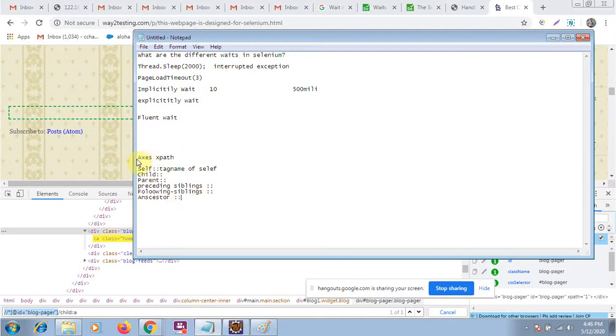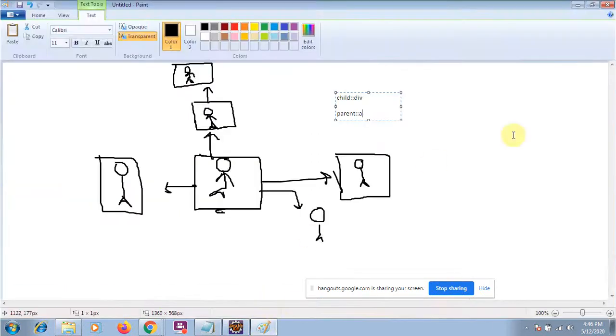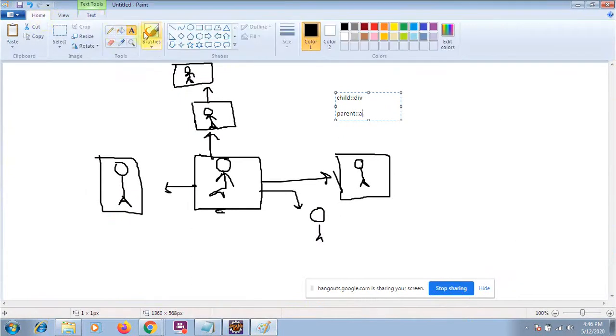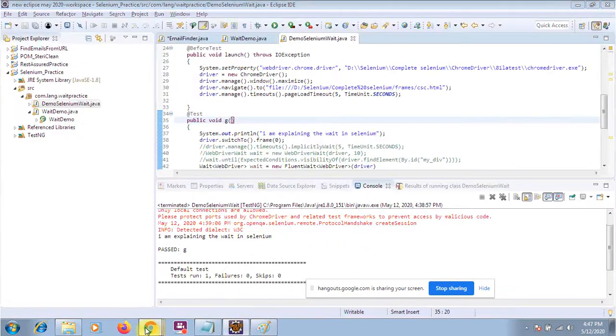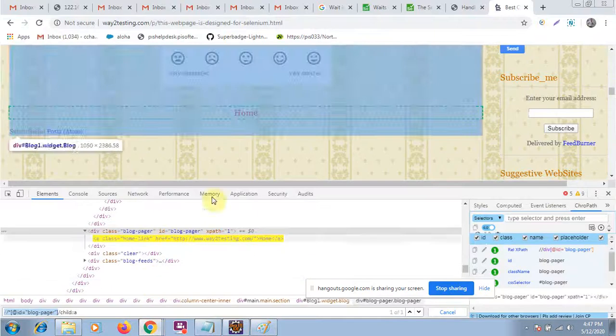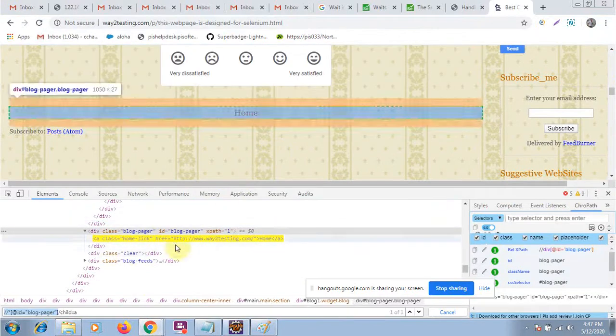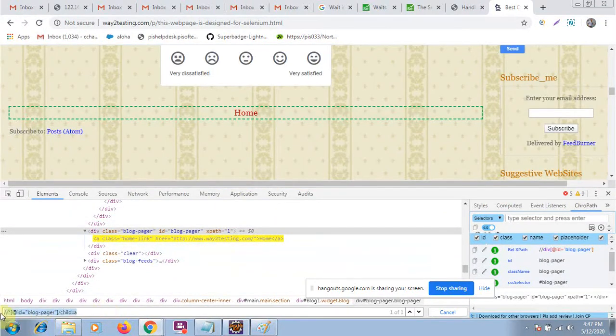So basically this is the simple XPath axes. We say axis because you are moving along an axis, as we know in mathematics, like the x-axis and the y-axis. By using child and parent we move along this axis, and by using sibling we move along that axis. So it's a very simple concept. You can practice on anything. If something is not findable or is highly dynamic, then we use this kind of scenario to locate the child or parent element.